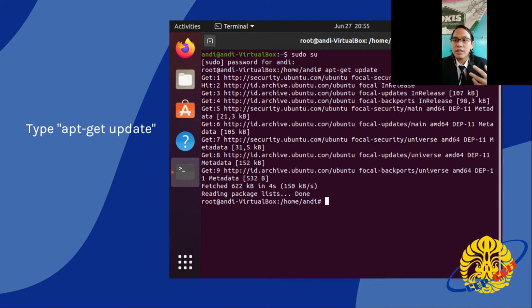When the apt-get update command is executed, the system will look for a list of installed programs A and C, and then look for the latest version contained in the repository.